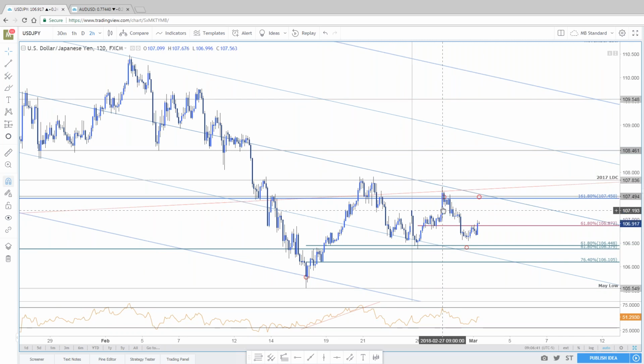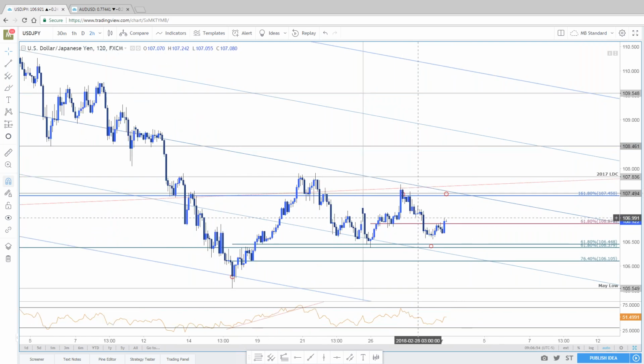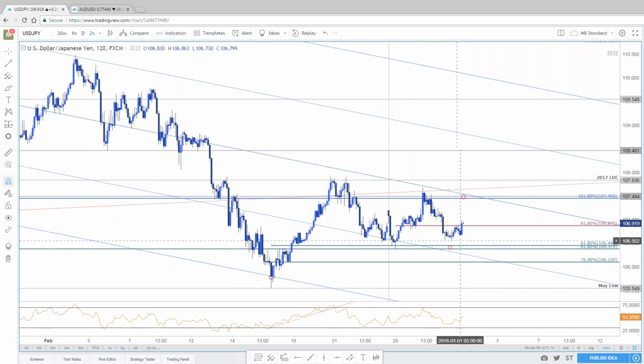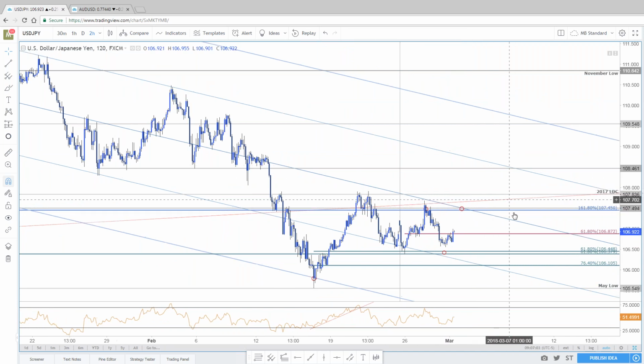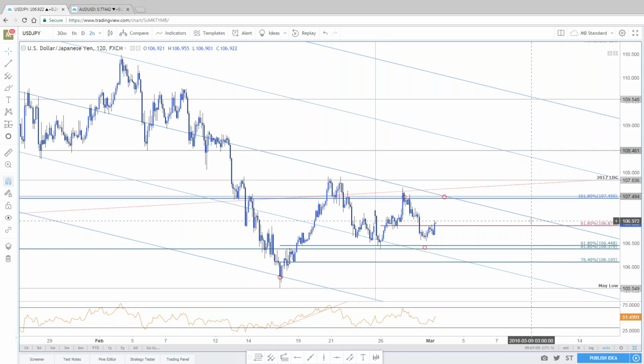It was a perfect play. Came right into the median line, failed there, right off the bat with a 2-hour reversal bar right after. Another poke there, failed. We talked yesterday about the 618 retracement. That was the target for the short. So I got out, but at the end of the day, I still think the levels are pretty clean. Now, as far as dollar yen's concerned, the biggest issue is that the weekly opening range, unlike euro, unlike sterling, unlike dollar CAD, unlike Aussie, hasn't broken.